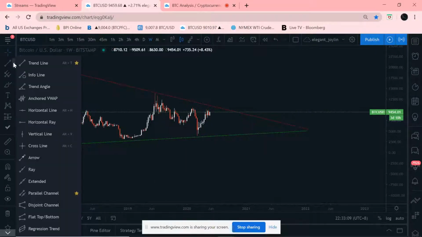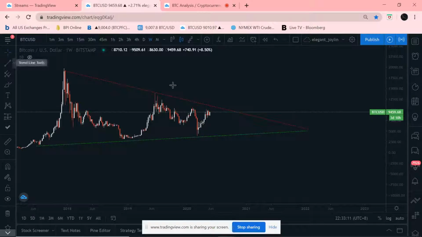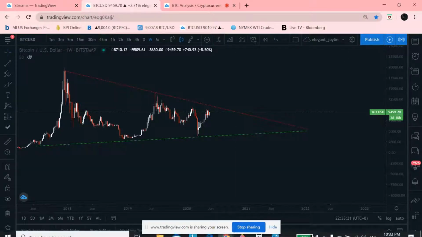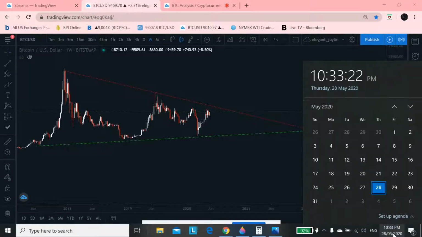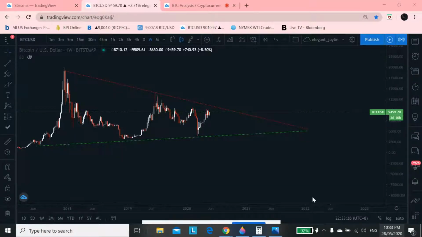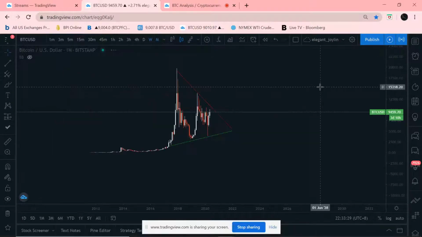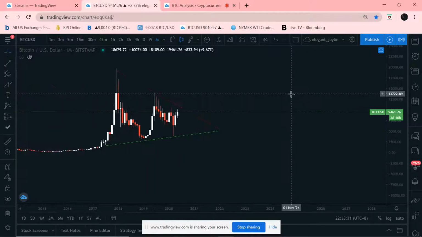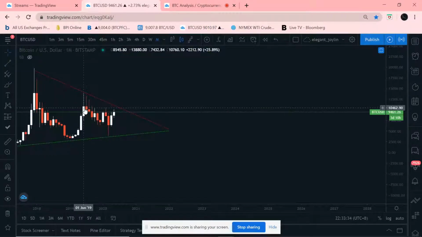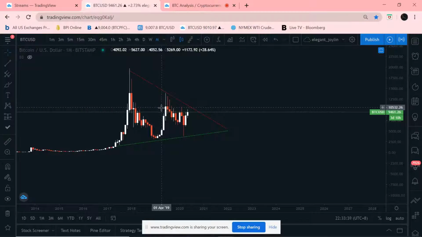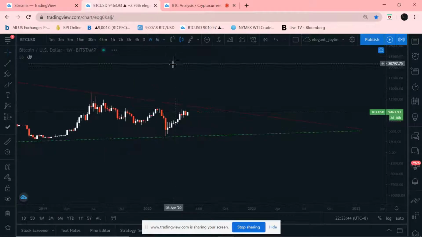So let's see if it will break this weekly resistance, because it will close within 3 days. Actually, it's a monthly and weekly close. So if you look at the monthly chart, it could possibly retest around 10,500. That's actually the target on a monthly. That's the resistance on a monthly. On a weekly,